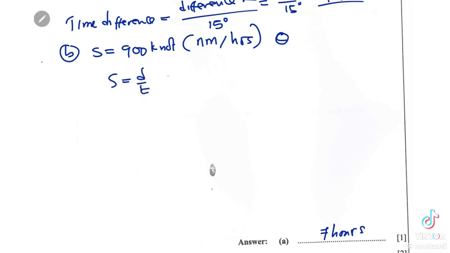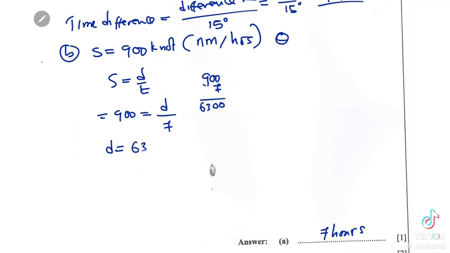Our speed is 900 knots, our distance we do not have, and our time is 7. So distance is 900 multiplied by 7, which is 63, so